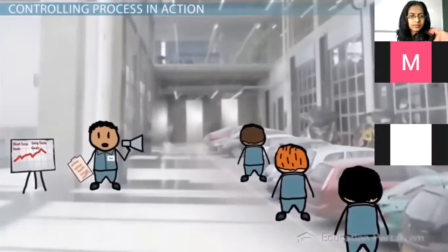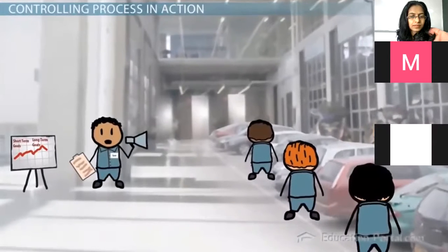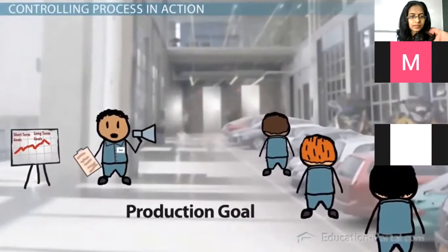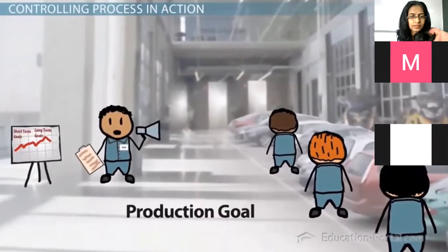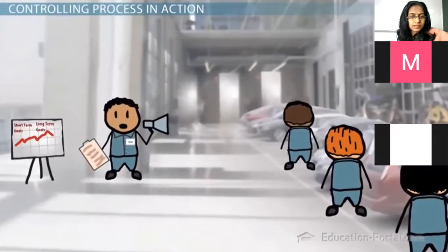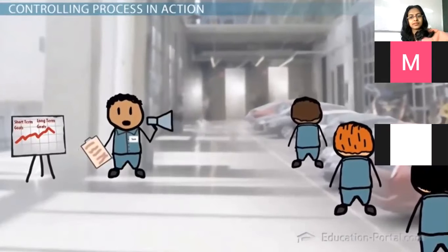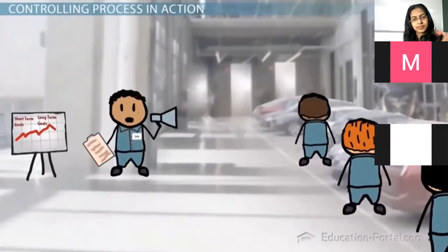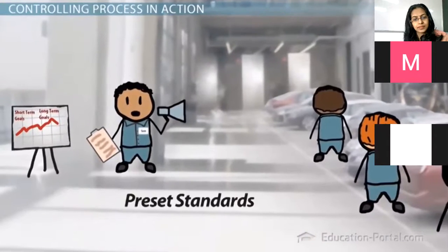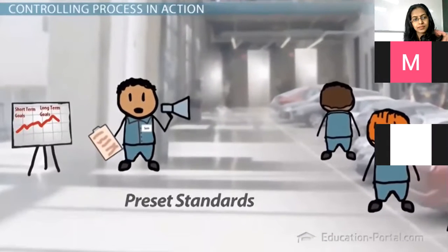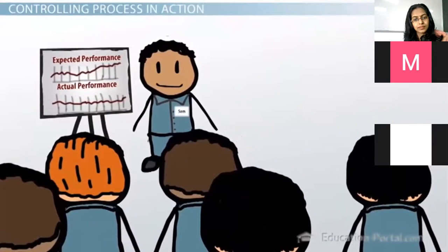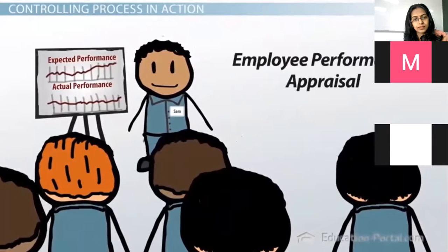Sam sets a goal to increase the quota, a goal set for production, for the number of cars each mechanic must repair each week. This is a production goal. With all of the new goals Sam set for the repair shop over the past week, employees may not be able to keep up with the workload. To ensure the goals are met, Sam must devise a way to measure the productivity and performance of his employees. This measurement is compared with the goals he set above, or the preset standards. Once he evaluates the information, Sam can provide feedback to each employee. This will help them make improvements to their work. This is an employee performance appraisal.